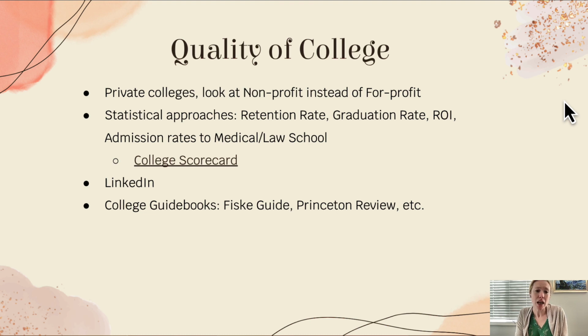So you just want to check, as well as admissions rates to medical school and law school, which can also be kind of illuminating. It can give more of a picture of how their graduates are being prepared to go on to those professional pathways. A place to find some of these statistics is called College Scorecard. I'll hyperlink this presentation on the website so you can find it as well. College Scorecard has retention rates, graduation rates, STEM data, and how much it costs. The ROI and admissions rates to medical school and law school are going to be something found